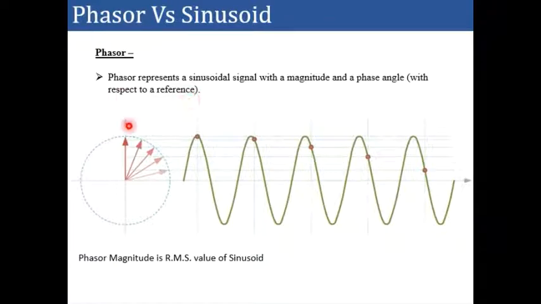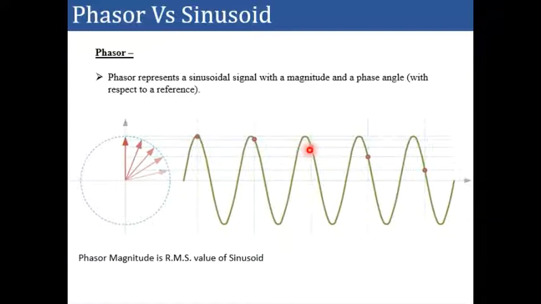reference. So let's see this figure here in this circle. Let's take this phasor as a reference. This will coincide with the peak of a sinusoid. Now if this phasor rotates clockwise to a certain angle, then the point on the sinusoid will start shifting, as shown in the figure. Similarly, if you further go down with the phasor angle, the corresponding value on the sinusoid will